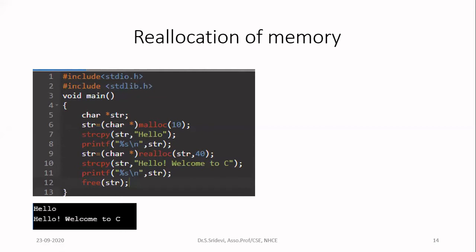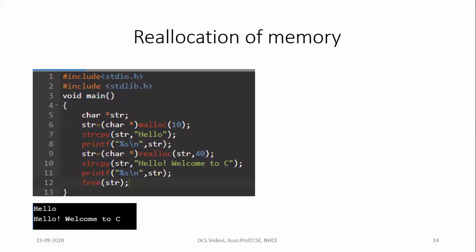10 times sizeof character. Yeah, very good. So I have to write 10 multiplied by sizeof(char), because that is the best way of writing the argument to the malloc or calloc function. That will return a void pointer; typecast that to a character pointer and store it in a pointer variable. Here you can see this str should be declared as a character pointer variable.